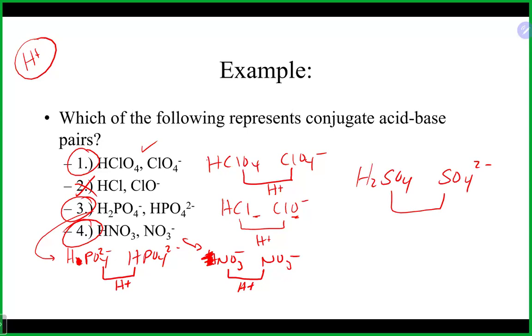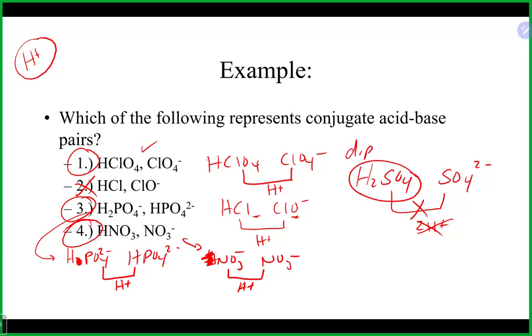The answer is no, they are not pairs, even though they look alike, because the difference here is not one H plus. This is a difference of two H pluses, which again is too big of a difference for them to be pairs. Now, why is that? That is because when we look at sulfuric acid here, this is what is known as